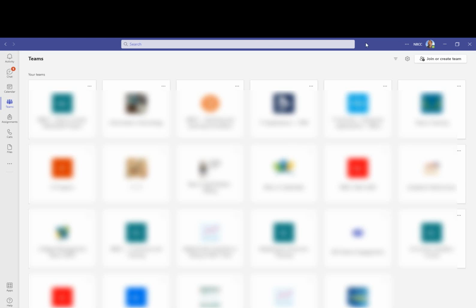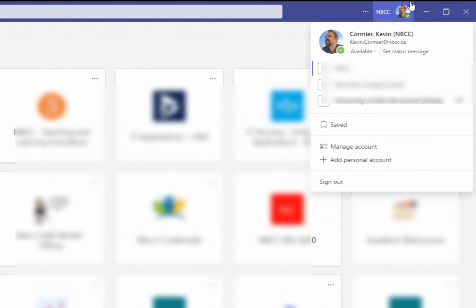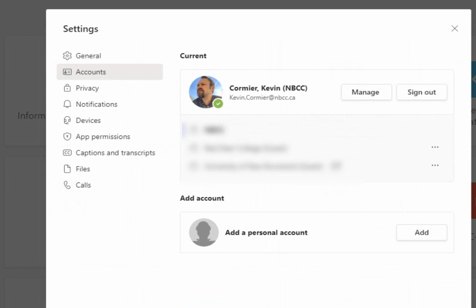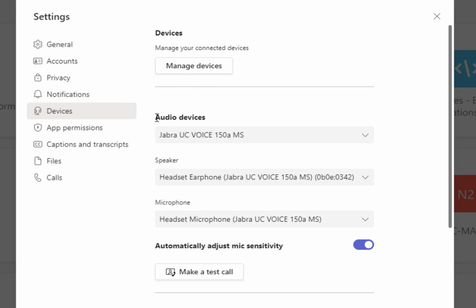Microsoft Teams application. So I'm just going to go under my little avatar. You're just going to click on your name or picture icon here in the upper right hand corner. And then you're going to go under the Manage Account option. After you choose Manage Account, you want to go under the option that says Devices. And once under the devices area here, we're going to go down under what's called the